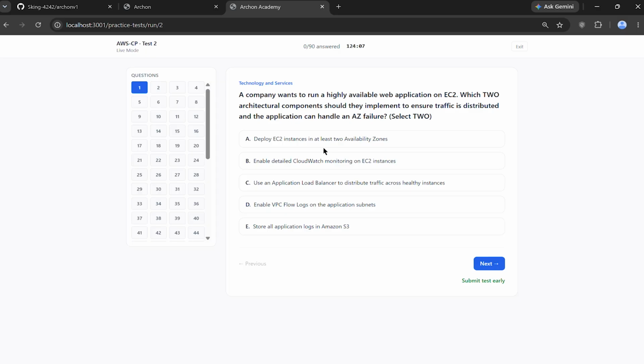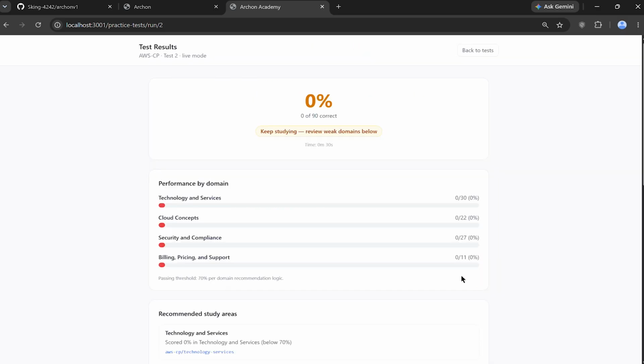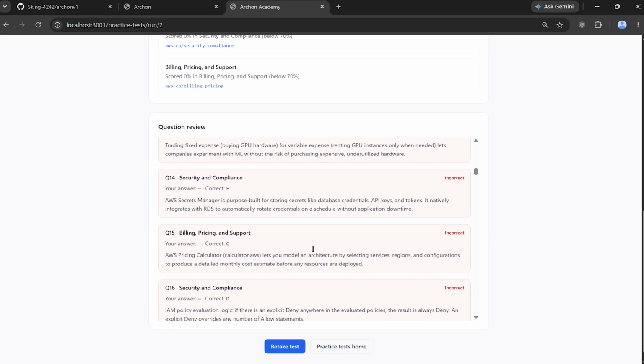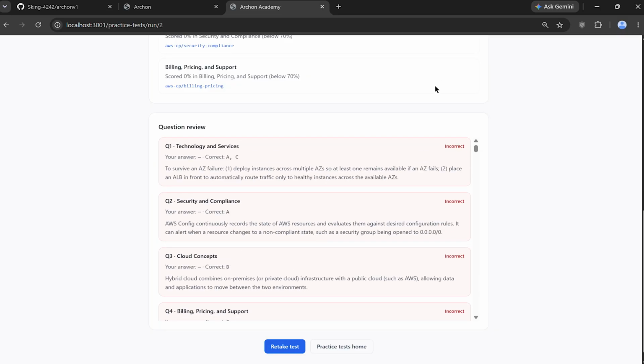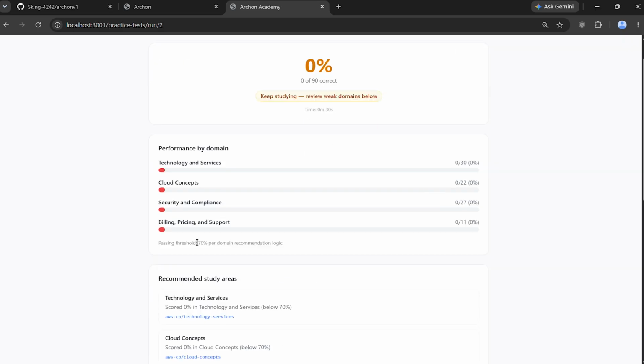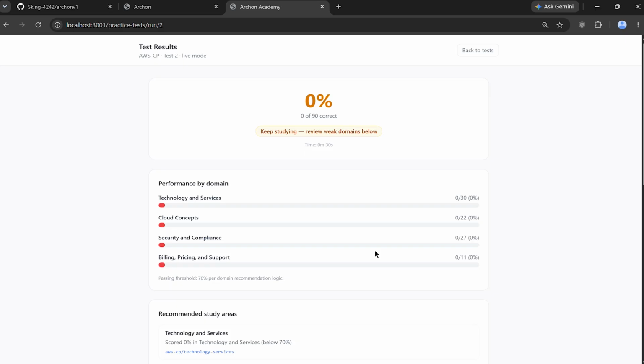I've scaled up the tests appropriately to give everyone the same amount of time you would have in a normal test. But you could submit the test, you're like, man, I got nothing right? Because I just submitted it. And it will tell me where am I lacking, right? So here, because I didn't say anything, it was pretty bad right here, right? But you can look and see my performances by domain. Your passing threshold is 70% in the Cloud Practitioner exam, roughly. So as long as you get more than that, you should be good.